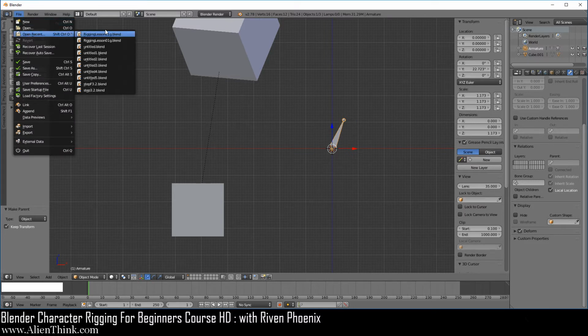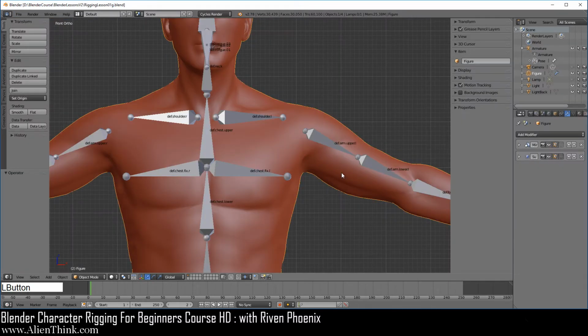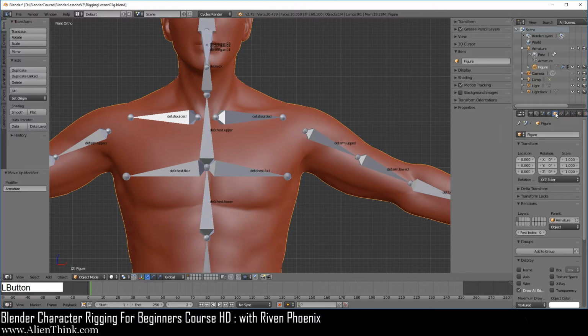Now go ahead and go back to your original file. Now what I want you to see over here, one other thing, is that if you click on the figure and drag it onto the armature with automatic weights and move this up, notice that on the object tab, when you have the figure selected, over here you have another option called armature.